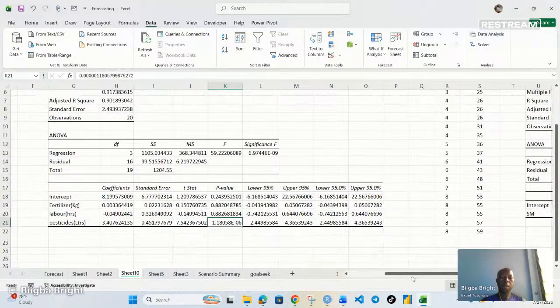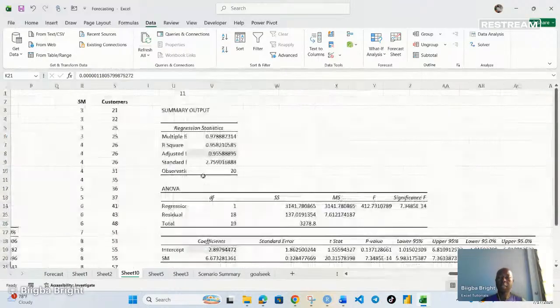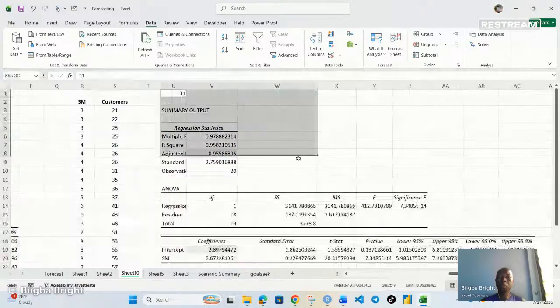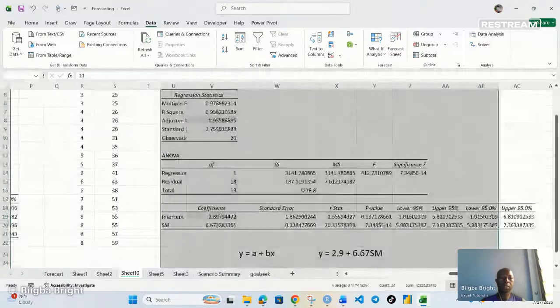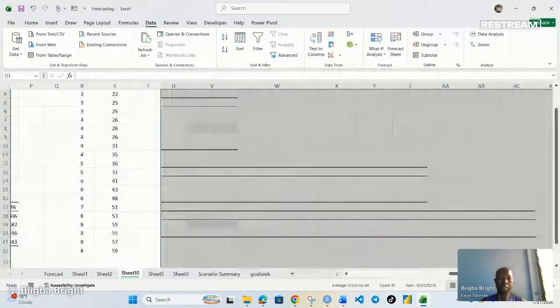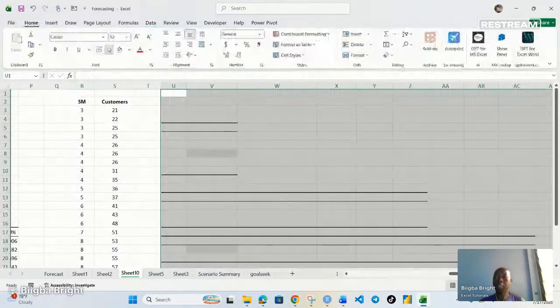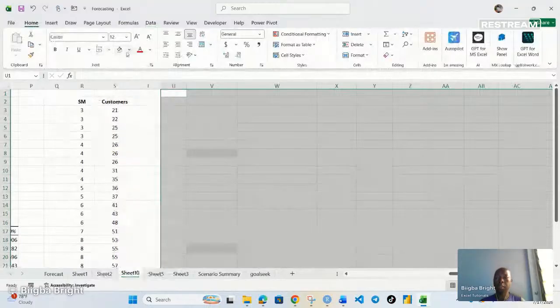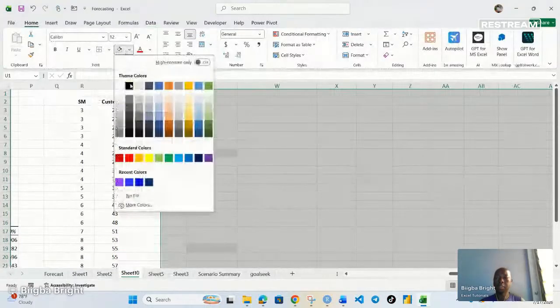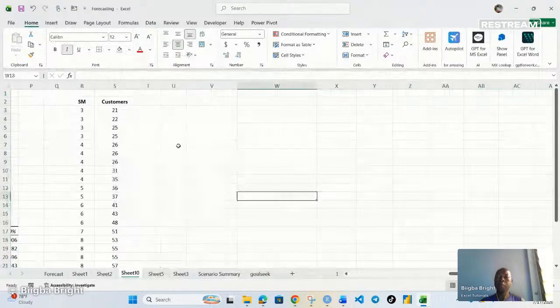I don't know if I have time. Let me still do the other ones. So let me see if I can delete the whole of this and then come to this point, and then also remove the highlights, no fill anywhere. So now